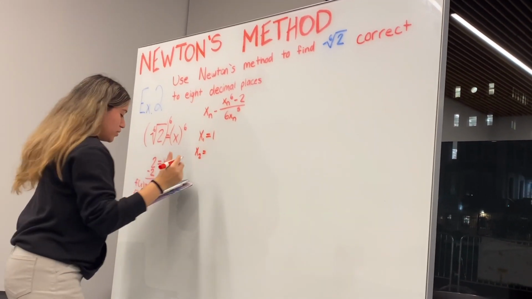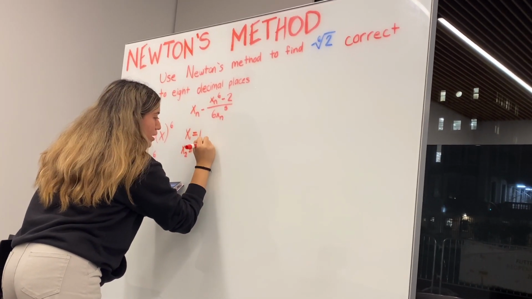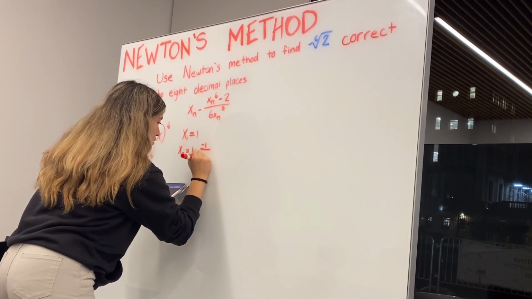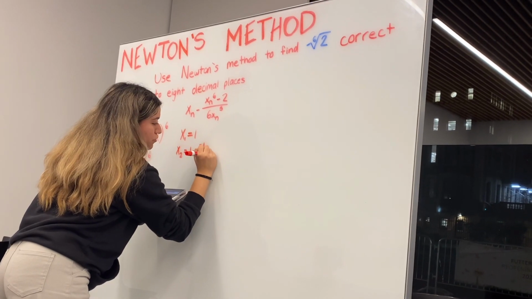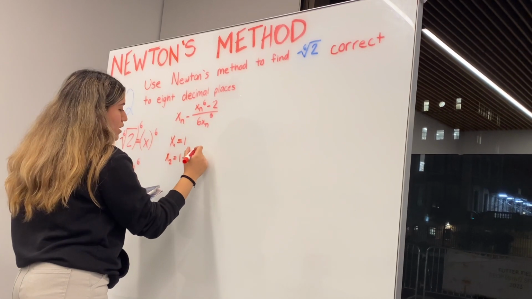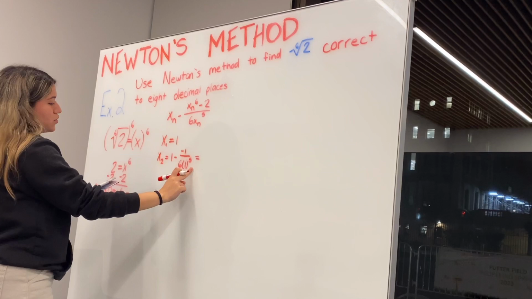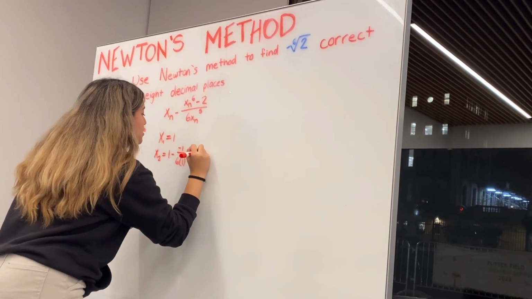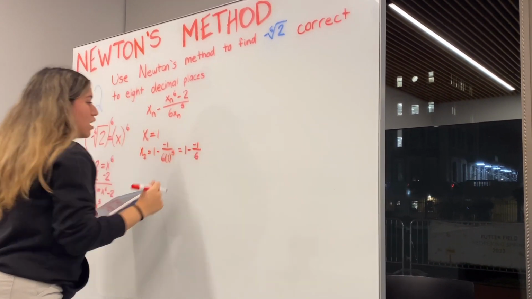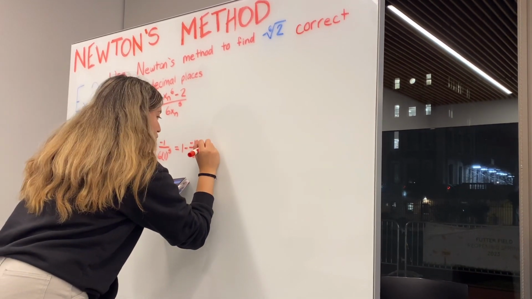So that would be equal to, using this equation again, 1 minus negative 1 over 6 times 1 to the 5th power. So technically this would just be 1 minus negative 1 over 6, because 1 to the 5th power is still 1, and then 1 times 6 is equal to 6. And when you do this, you would get an answer of